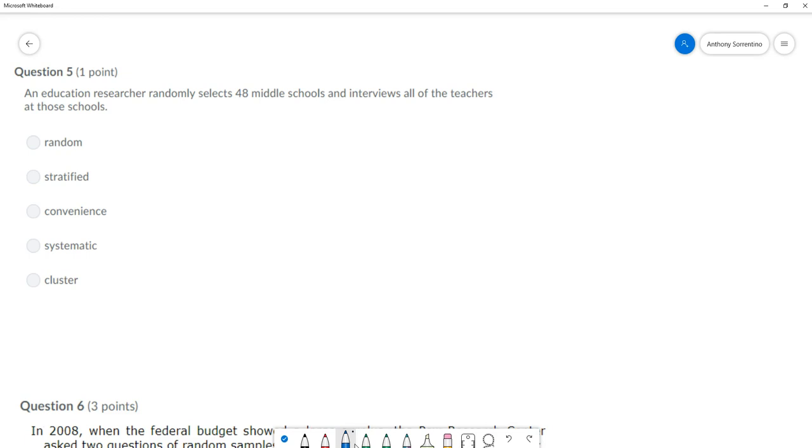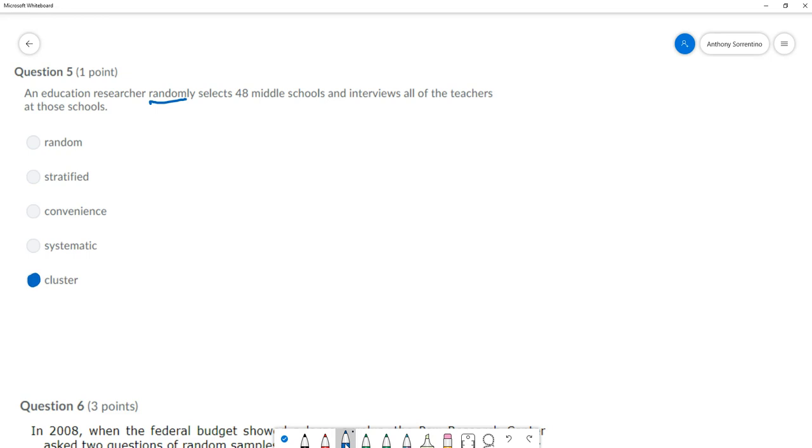So basically, they were grouped according to being in middle school. The middle schools were the groupings: this middle school, that middle school, the other middle school. Then everybody from the 48 that were chosen was sent. So you get randomly 48 middle schools, but we know there are more than 48 middle schools across the state, across the country, whatever the case may be. So we know it's not purely random. This one here is more of a cluster,